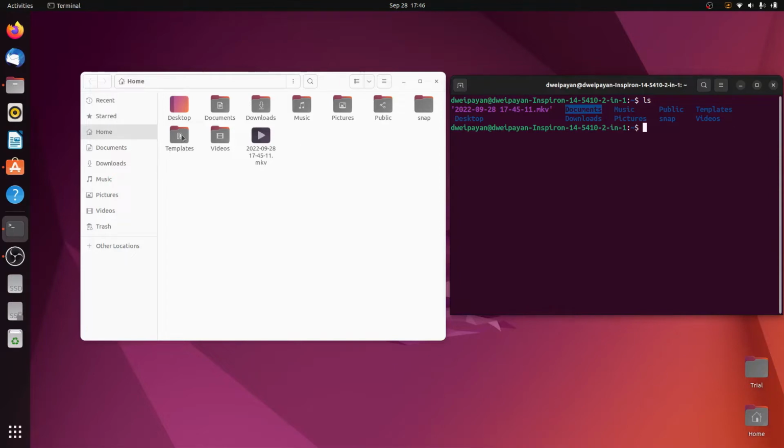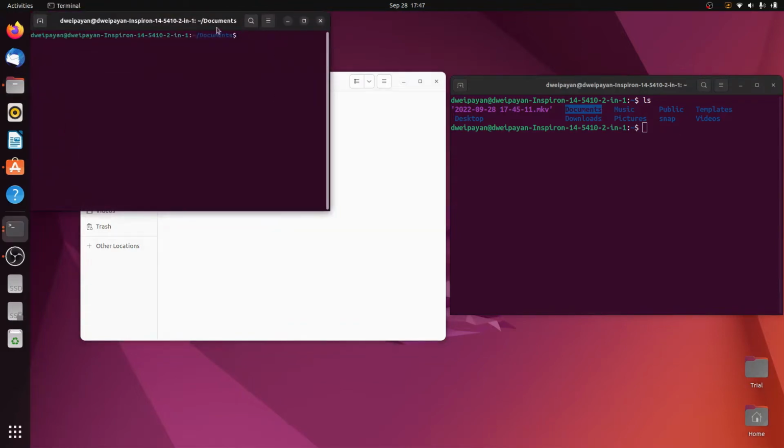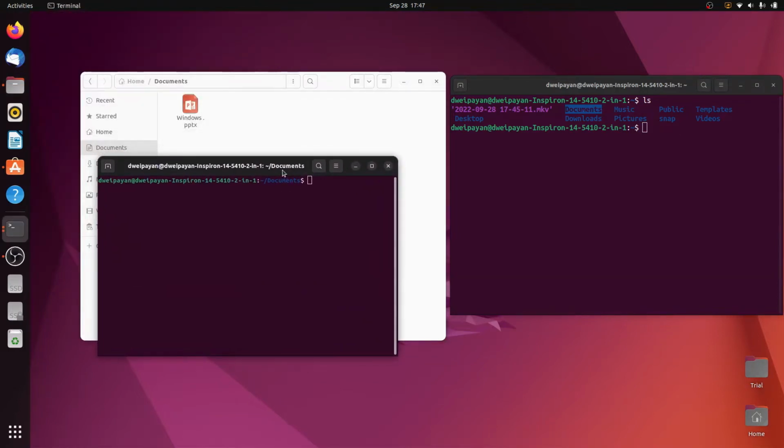Now if you want to open a terminal inside this documents folder, I have gone to this folder or the directory which says documents. If you just see, it is home, and inside this home there is this directory or folder of documents. So in this window, if I right click and go to this option which says open in terminal, it is showing me that now it has opened